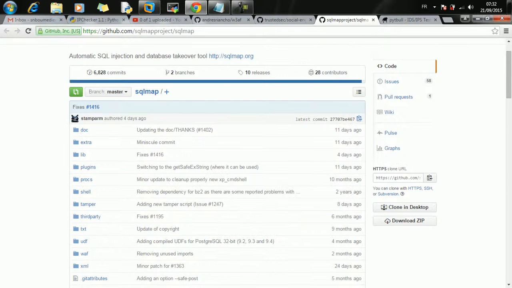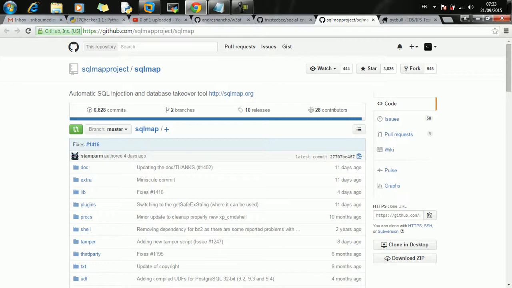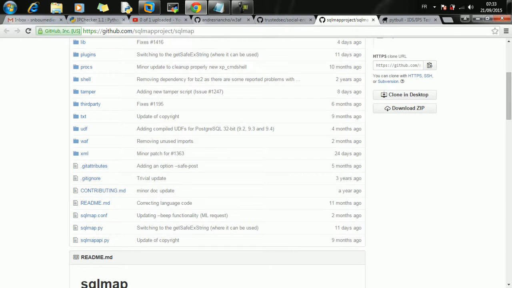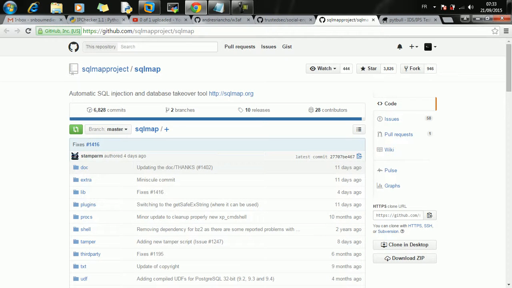We have SQLMap, another powerful tool used for SQL injection and database takeover. If you found a SQL injection, you can retrieve database information like tables and different columns from the database using SQLMap.